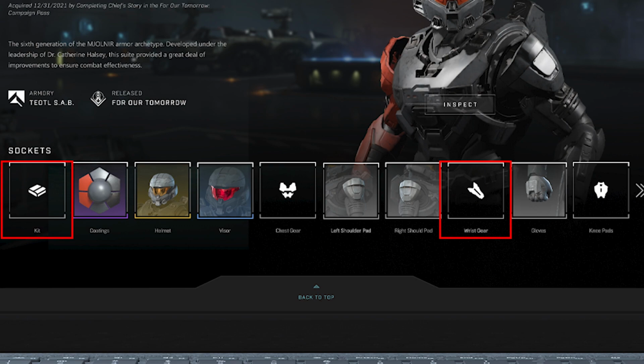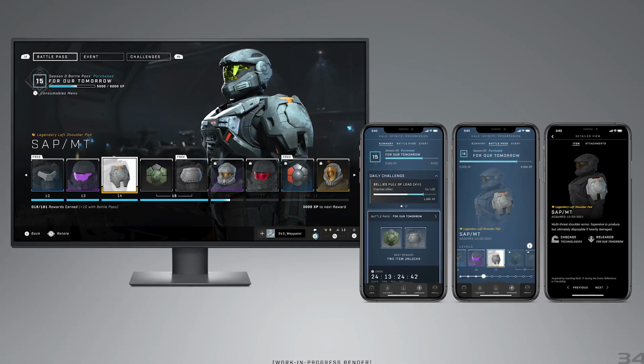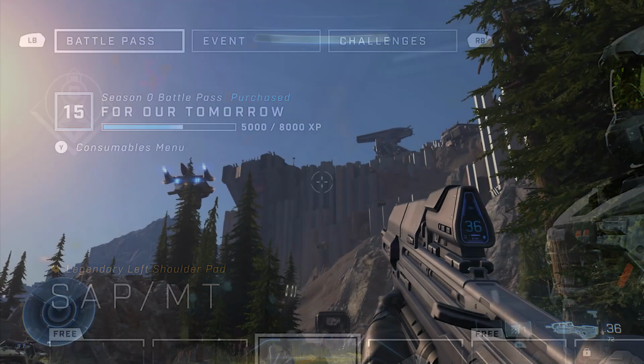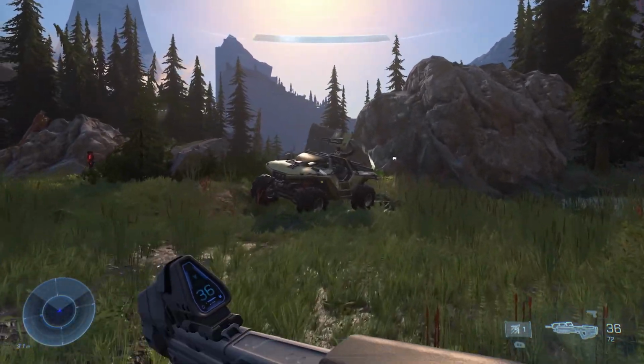We also get a look at Mark 5B coming back from Halo Reach, so that's pretty cool. You could also see a consumables menu, which is something they name dropped in the blog itself as well. Maybe this could be some sort of XP boost, and all this is on top of daily and weekly challenges, so there looks to be plenty to work towards in Halo Infinite, and I'm a sucker for that kind of